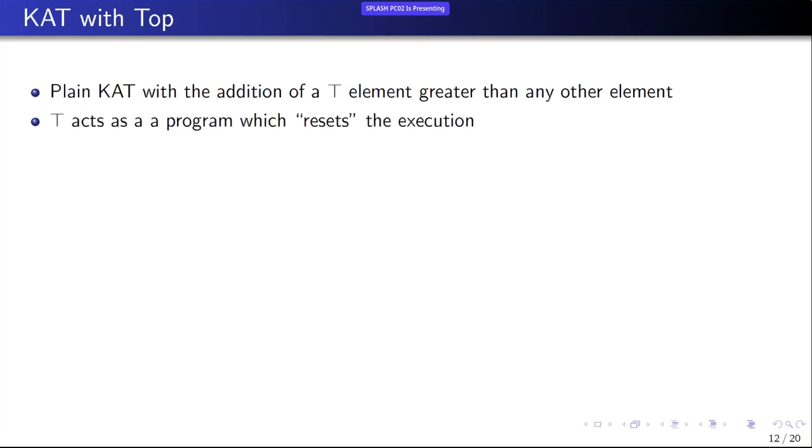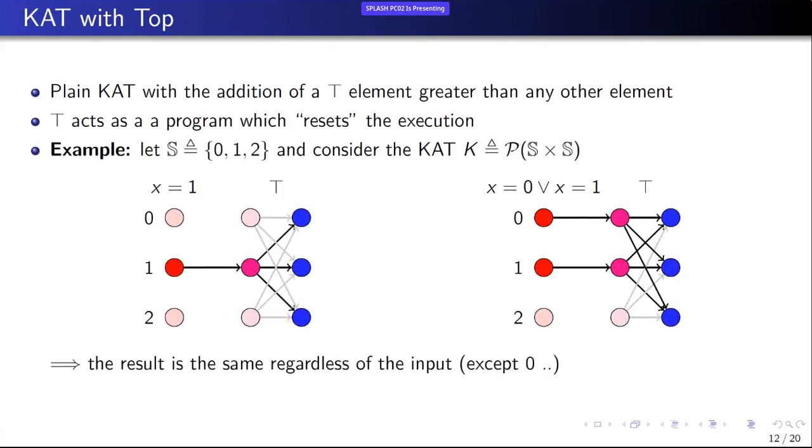So it represents a particular program which resets the execution. And it was shown that by adding this new element, we can encode OR logic, and that was not possible with the plain KAT instead. Here I want to give you an example of why this top element can be used to represent a program